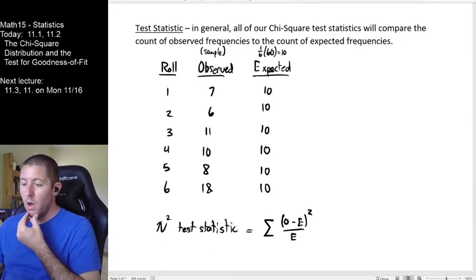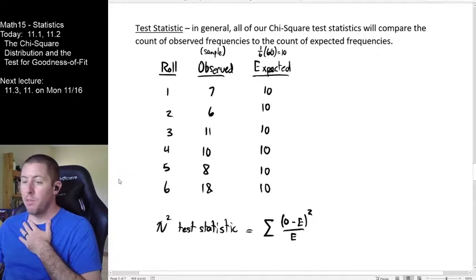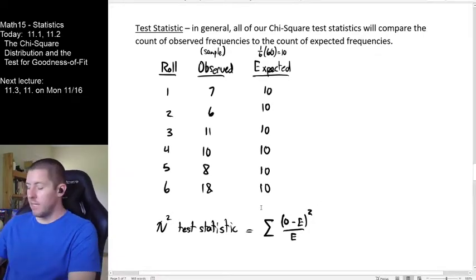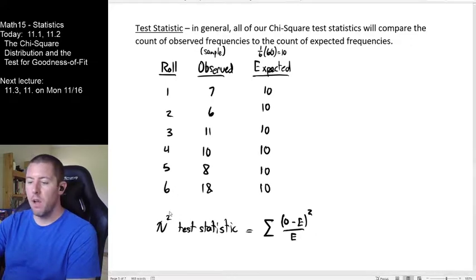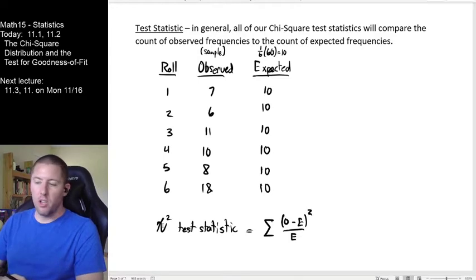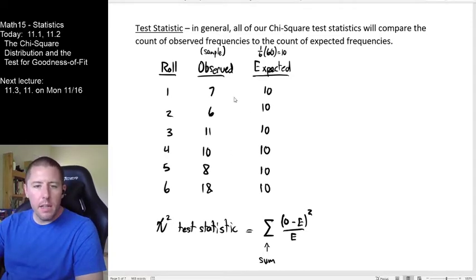So what we want to do is compute this value. Our test statistic, our measure of where we are located on the x-axis of our chi-squared distribution, is measured by adding up, this is a sum, this calculation: observed minus expected. How far off was what we observed from what we expected? Part of the reason that we're squaring here is because we don't want, for example,